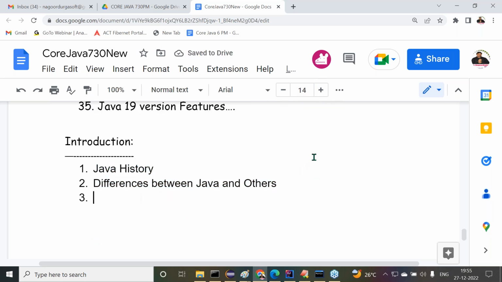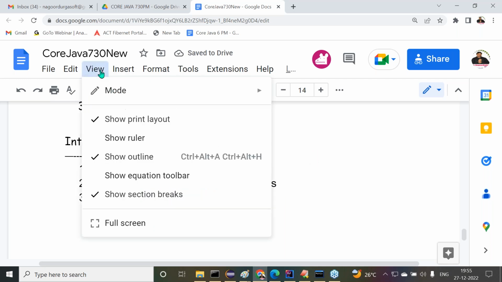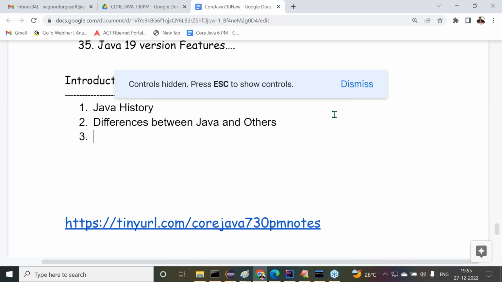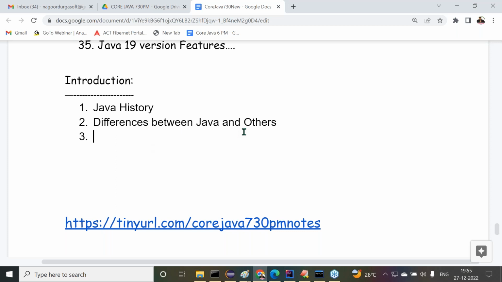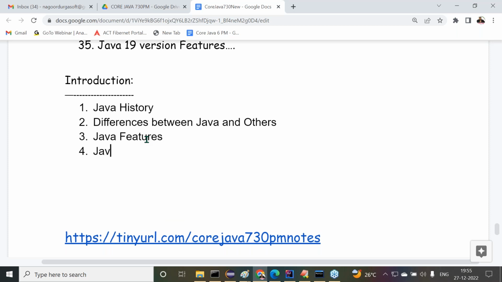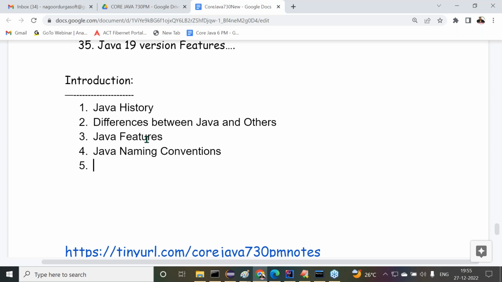Right, sir. Then the third one is Java features. Then after this, Java naming conventions. Then after this, Java programming format.